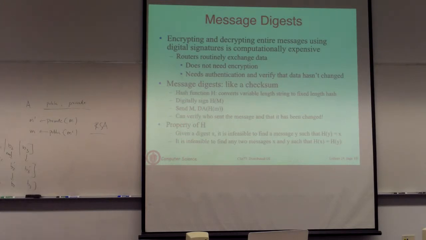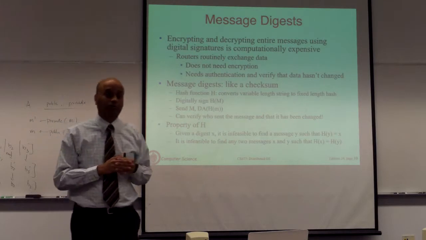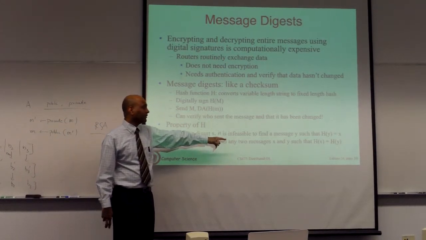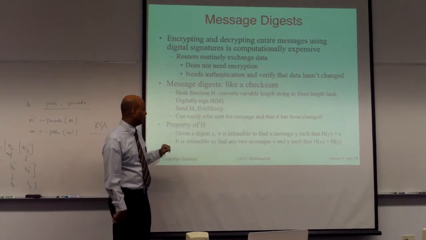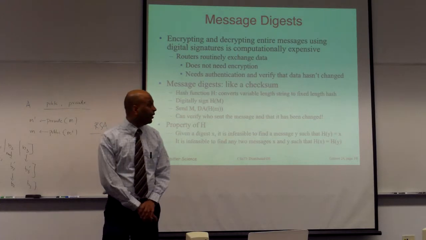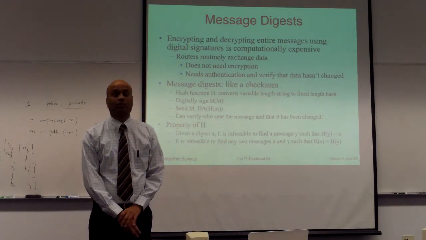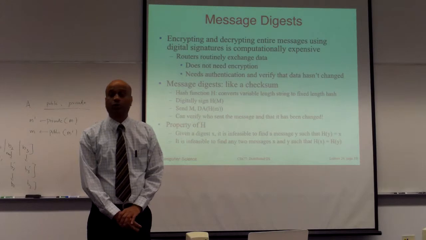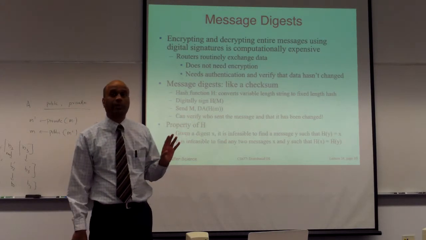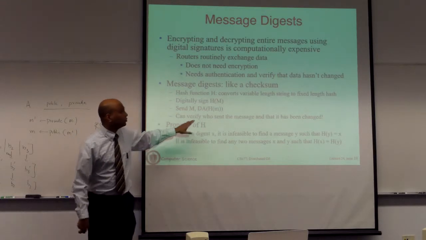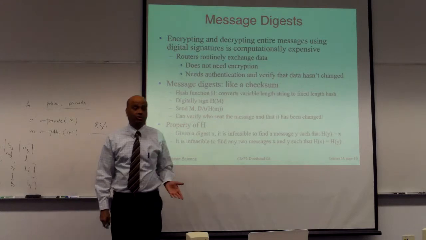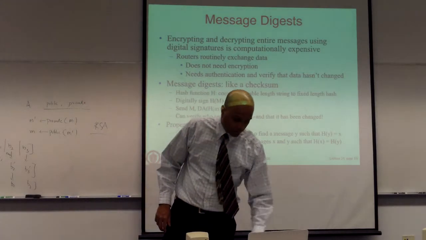And then you can claim that you signed some other document, which you also didn't. So these are all properties only. It's infeasible to find messages x and y such that h of x is equal to h of y, or, given a digest x, it should be infeasible to computationally create y such that h of y is going to be x. Okay, so you want good hashing functions with this property. All of these digital signatures are going to be based on our ability to choose a good hashing function that has these properties. Without that, you are not going to be able to do this well.